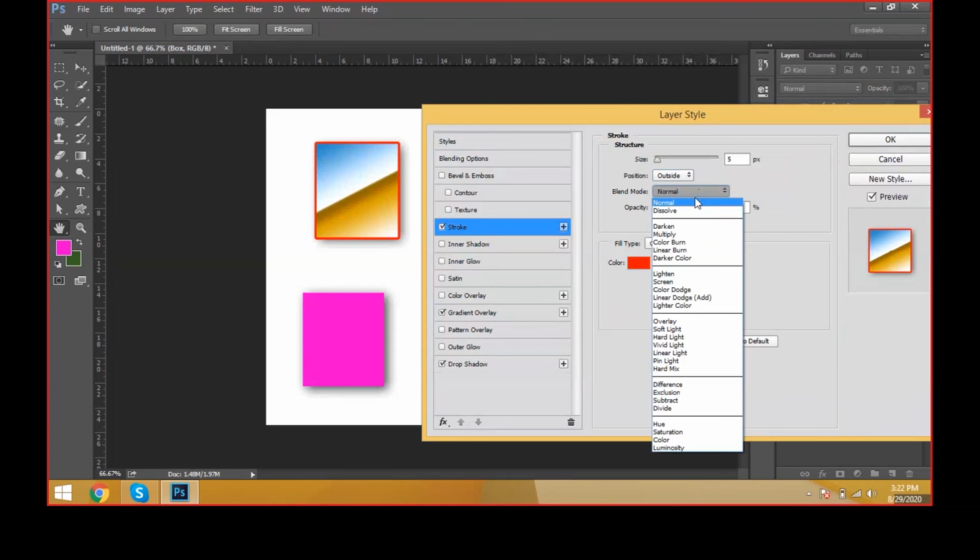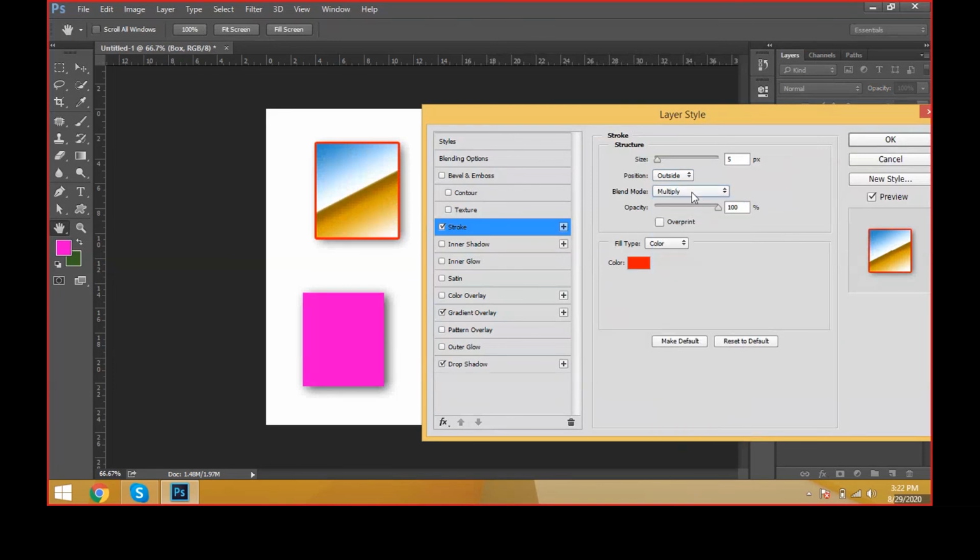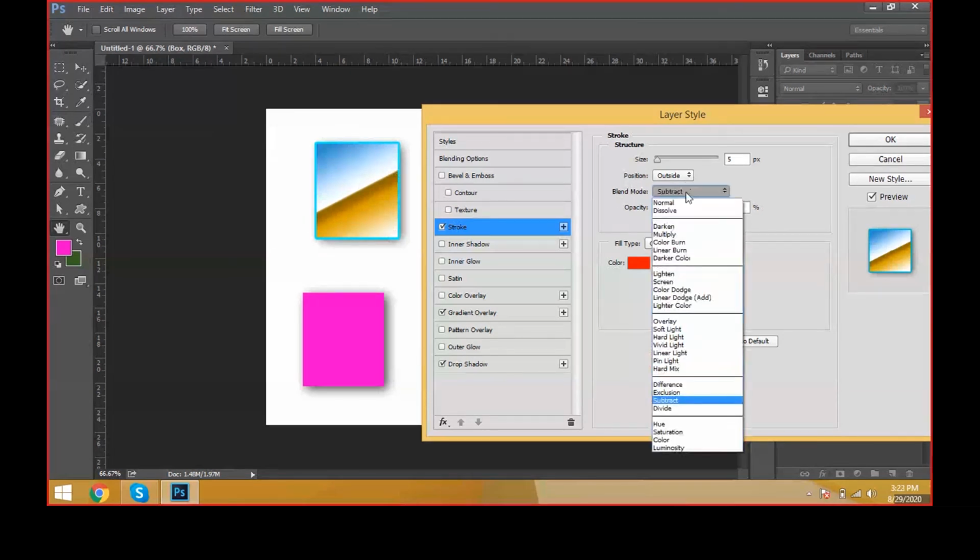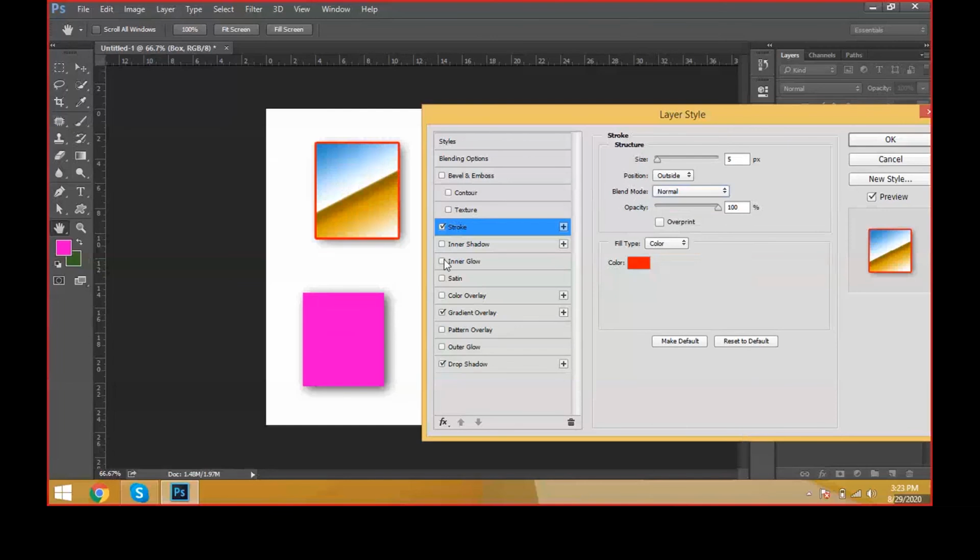Now you can see the blend modes. We can use the blend modes to blend the stroke with the background. See, automatically it is blended. The color is red, and then automatically the blend mode taken is overlay. It blends with the background color, and there are linear light, hard light, subtract and so on. We can change the colors of the blend modes. Just give normal like this. Now how many effects did we apply here? Gradient overlay, stroke and drop shadow.